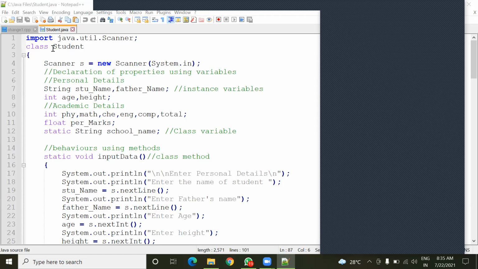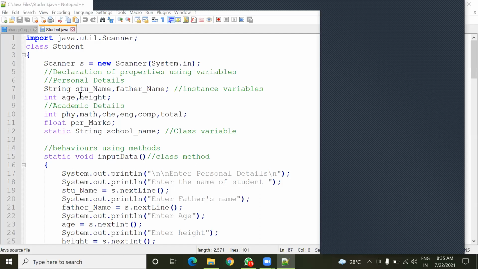Here I have declared one thing, a student class, and for the student class I have declared the properties of a student, and next the behavior in terms of methods. In the next class I'll show the object of this student class, how an object accesses all these properties as well as the methods.